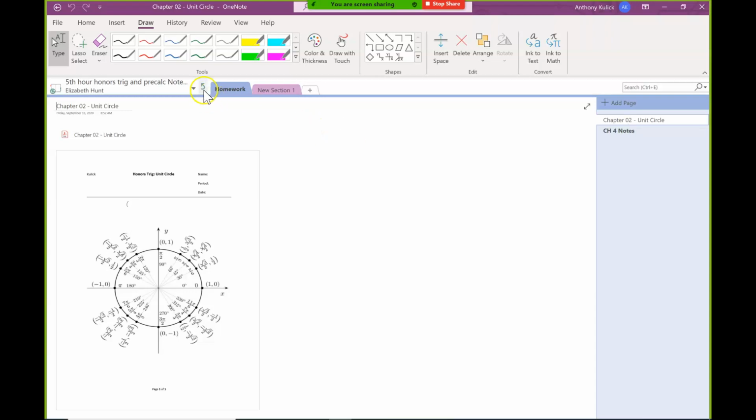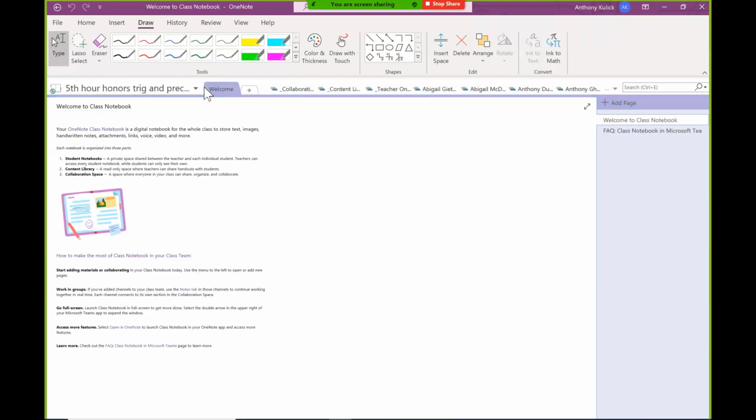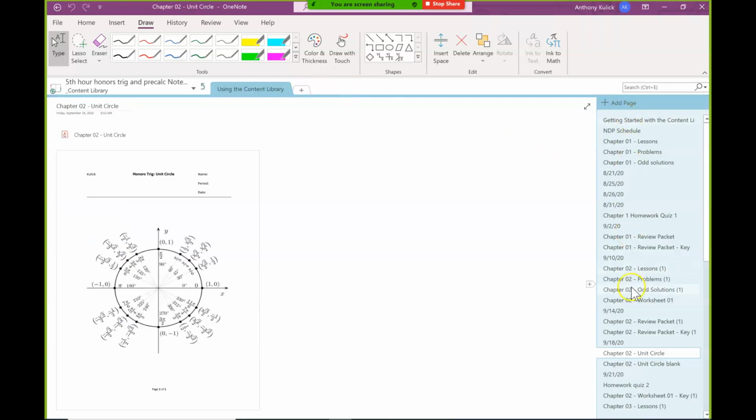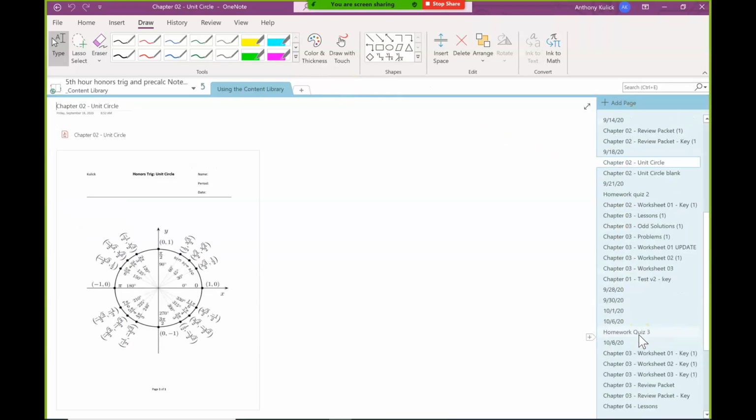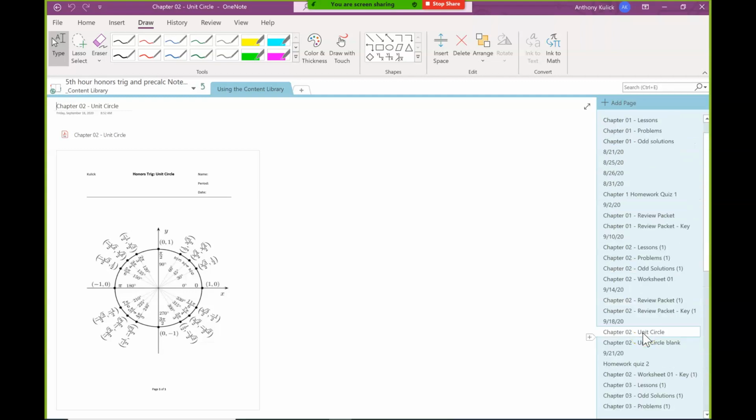As of right now, I don't plan on moving anything from the content library. I'm going to try to keep everything in the content library here. I don't think it'll be an issue, but if it does become an issue where I have to move this stuff too, I'll let you guys know in advance. So if you want to take the content library from here into your private notebook before I warehouse it on PowerSchool or something, where it's a bit more of a hassle to look at what it is before you have to download it and figure out where it's going on your computer,